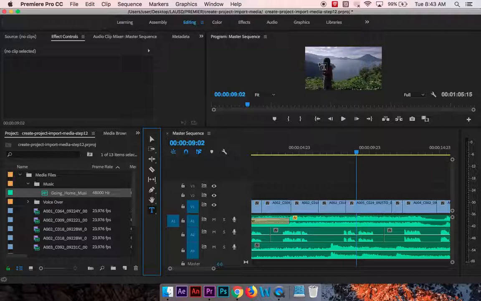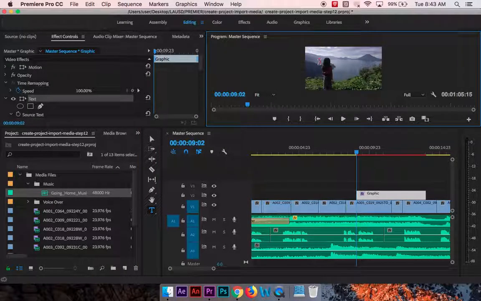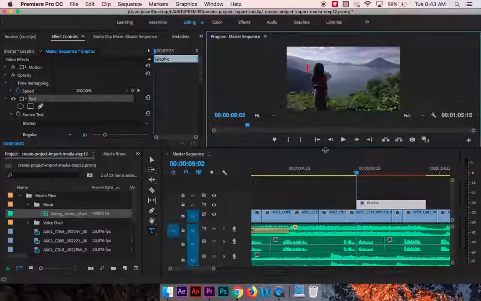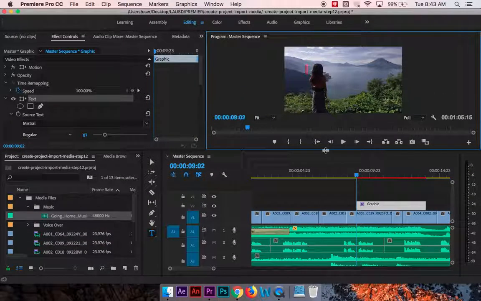And then you click in the middle of your picture, and then you start typing. Let's make this window a little bit bigger. And you go, this is my text. When you make a